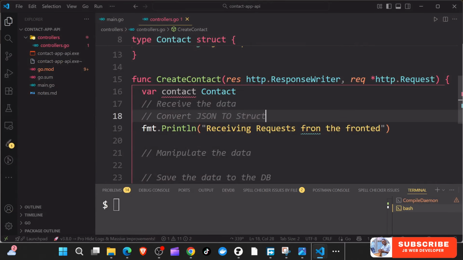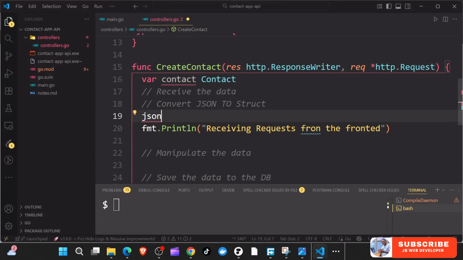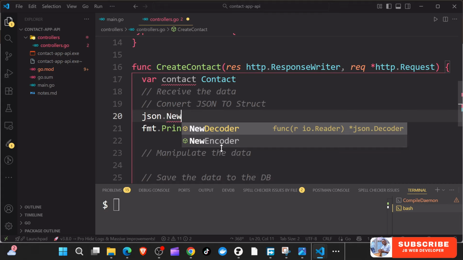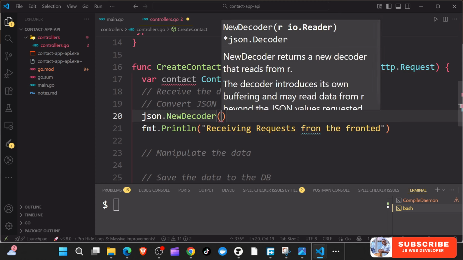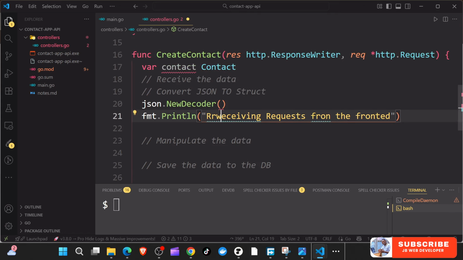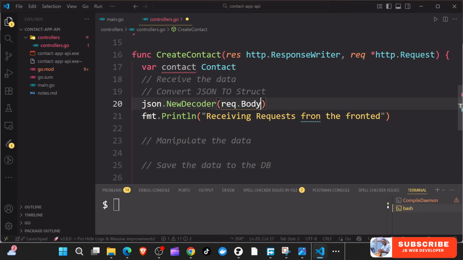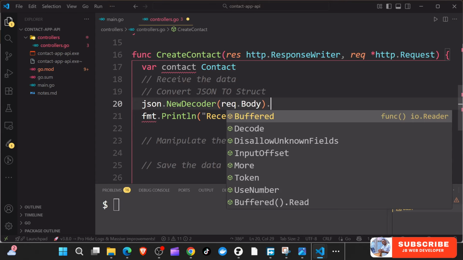So we have these two methods, let's see how they work. We just come here and we say JSON, and JSON is going to come from the JSON encoding dot new. So you can see we have two methods, the decoder, this converts to struct, and the encoder, this converts to JSON. So right now we have JSON, which is coming from the request. And what are we decoding? We are decoding the request.body. So the data comes in the request.body. And then we say dot